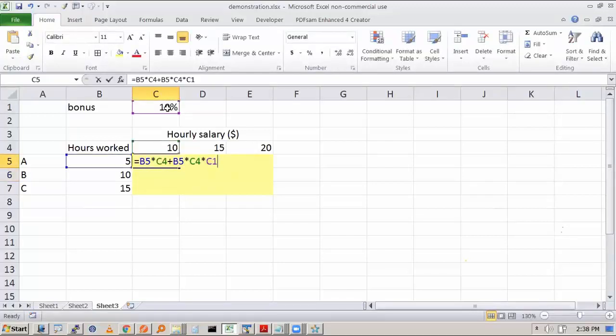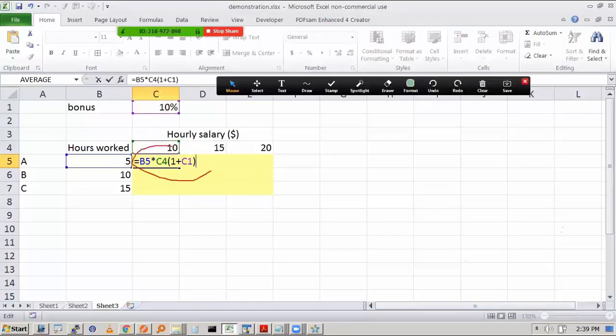But know that you are writing a bigger formula. What would be a simpler formula? Take B5 and C4 common. This one. Note that this formula will not work in Excel. In a notebook copy it will work, because when you don't write anything before the bracket, it is assumed to be multiplication.